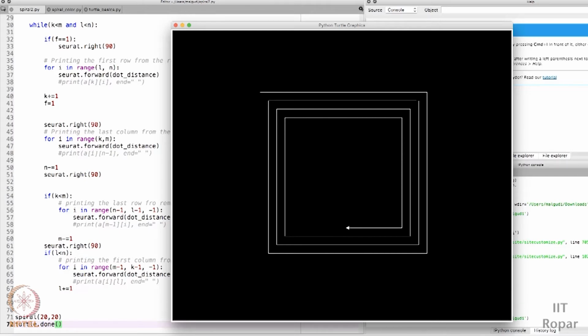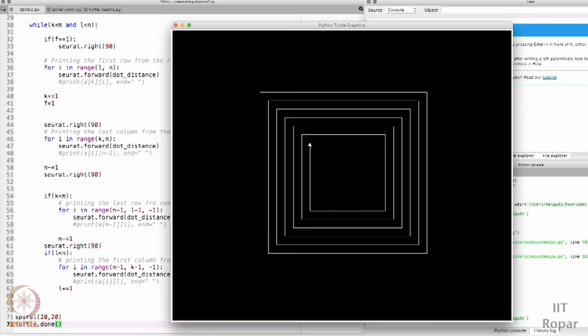Okay, this is all what we have to do. Now after a little tuning up, we can create what we saw in the first video. So this is exactly what you wanted to do. You can take this program and change it in whatever order you want. This is the main program actually. You can fill the colors, you can change the shape, you can do something else. But this is the main program. Okay, thank you.